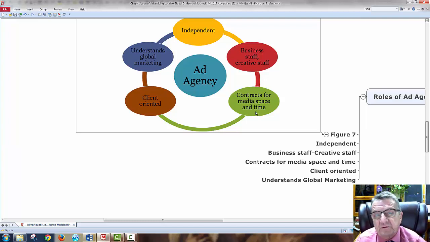Think of the ad agency as a wedding planner. I could probably do it myself, but it's so much easier to have him or her set it up. I have the input in there, but they're coming up with those ideas. What do you think about this or that? That's why I hired them.